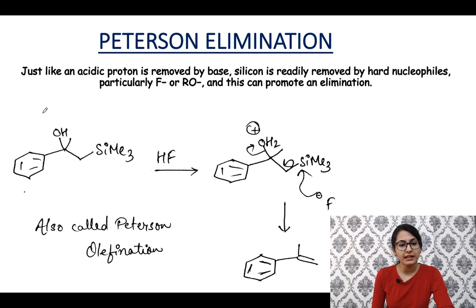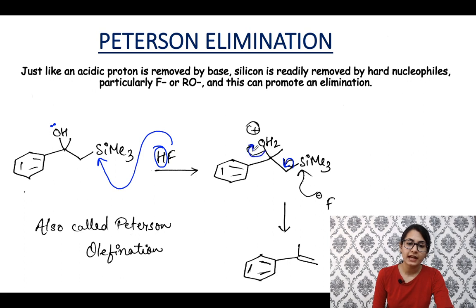So yes, let's come on to the mechanism once again. If we are having a source of fluorine, it's going to attack over silicon, and definitely the H plus, because HF is very acidic, this proton is very acidic, and the OH is going to take up this proton, it becomes the hydronium ion itself, and the F minus attacks over silicon, the bond opens up like this and you get your alkene over here. This is basically our Peterson olefination reaction. It's very easy in the case of F minus.